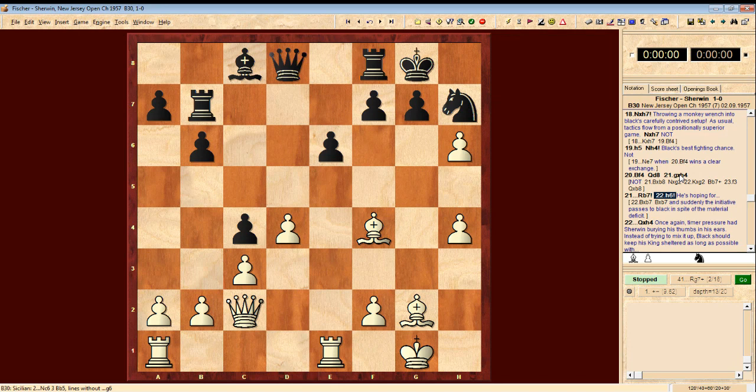Fischer points out that what Sherwin is hoping for, he's aiming for a positional sacrifice, an exchange sacrifice in this position. You see, if at this position he still goes for exchanging the rook, let's see, he plays bishop takes rook and then bishop takes bishop. Even though black is down the exchange, as Fischer says, the initiative suddenly passes to black in spite